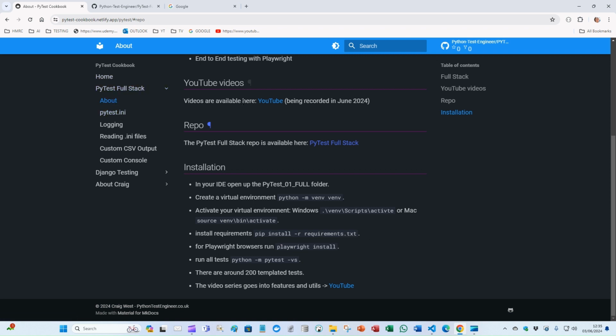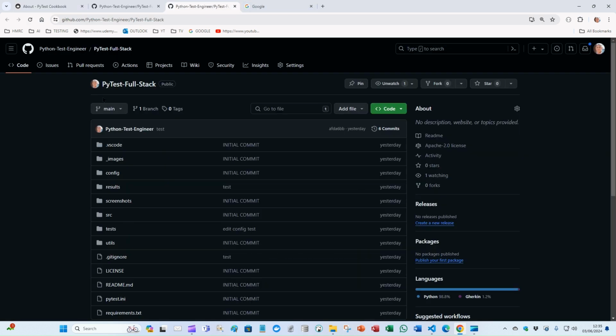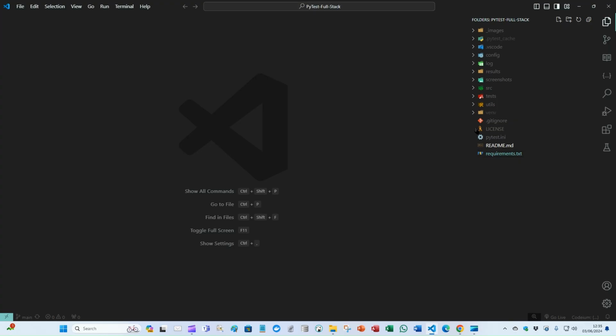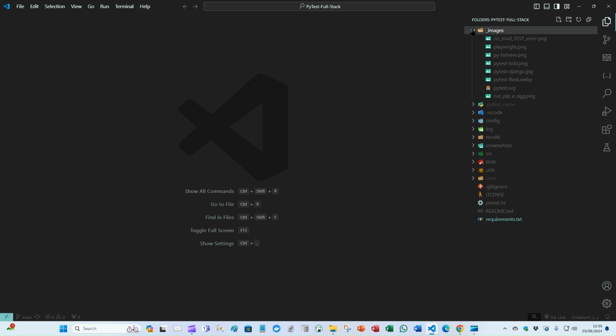In PyTest-Full-Stack, we can see our repo is here. If we click and open that, we come to PyTest-Full-Stack. You can download the zip or git clone it. If we go into the repo, starting from the top, just some images that I may use to display things